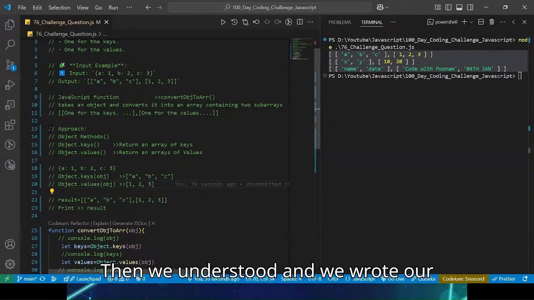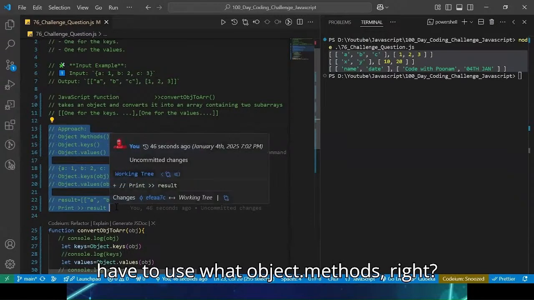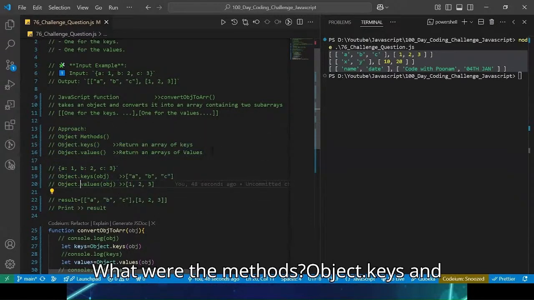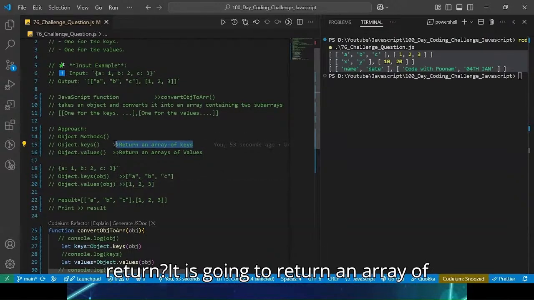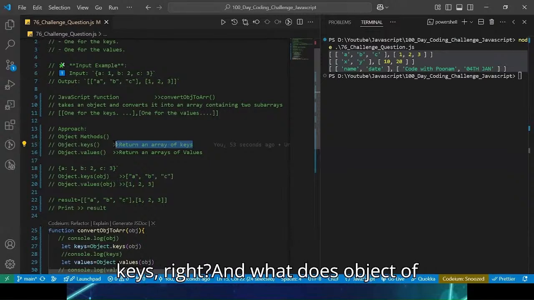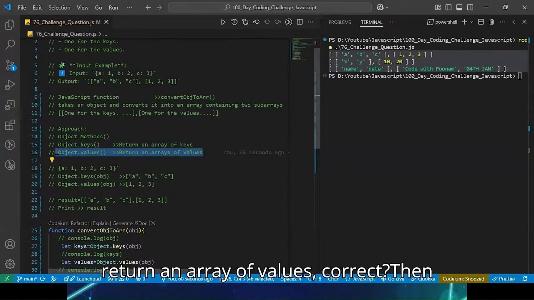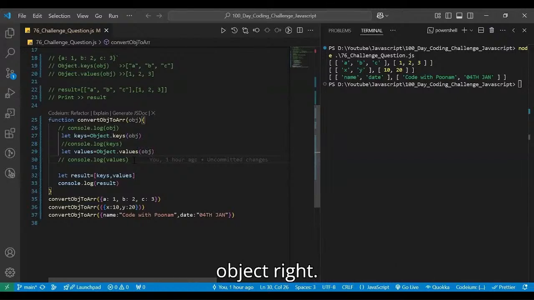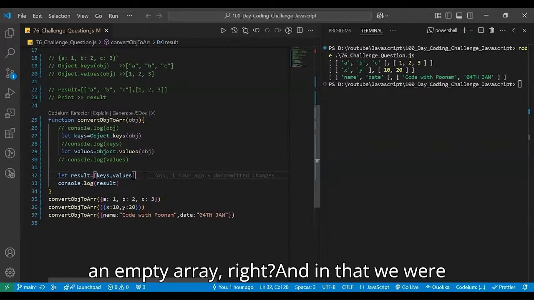Then we understood and we wrote our approach, right? So in this question, we have to use Object methods, right? What were the methods? Object.keys and Object.values. What does Object.keys return? It is going to return an array of keys, right? And what does Object.values return? It is going to return an array of values from that particular object, right? Then at line number 32, we declared here an empty array, right? And in that we were